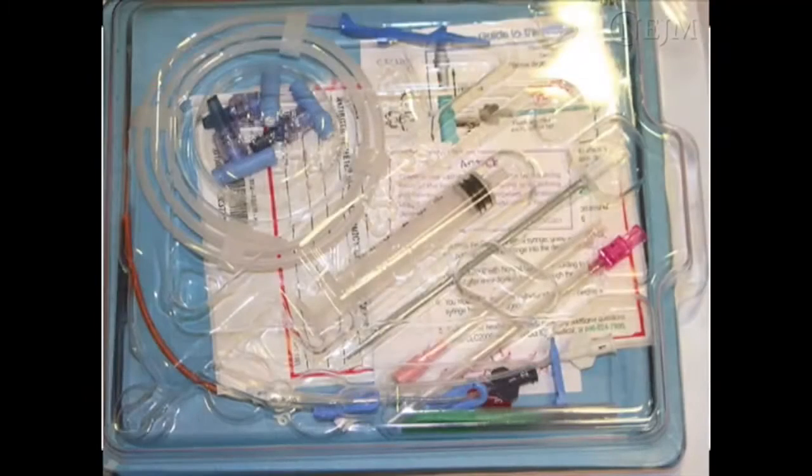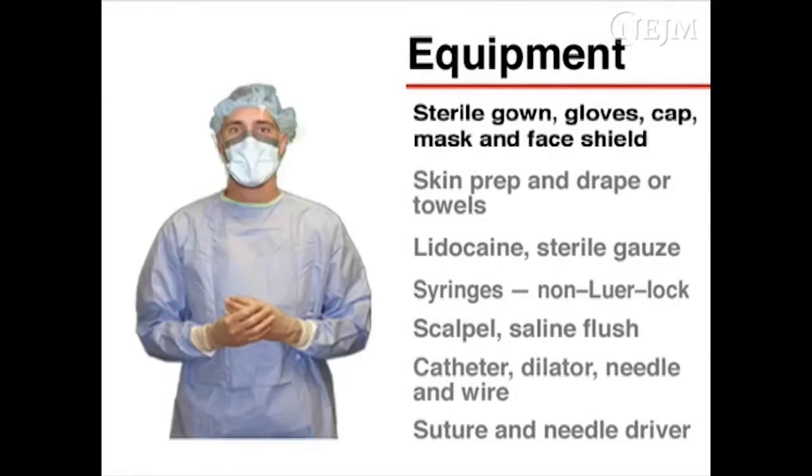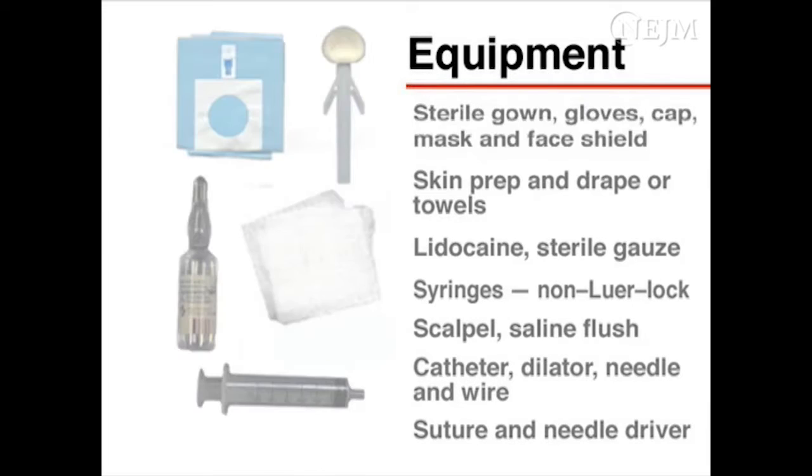To assure that there is the highest level of sterility, the operator should wear a sterile gown and gloves, as well as a surgical cap, mask, and face shield. Most of the equipment can be found in commercially prepared kits and should include skin preparation solution, sterile towels or drapes sufficient to cover the entire body, 1% lidocaine, sterile 4x4 gauze, non-luer lock or slip-tip syringes, which are easy